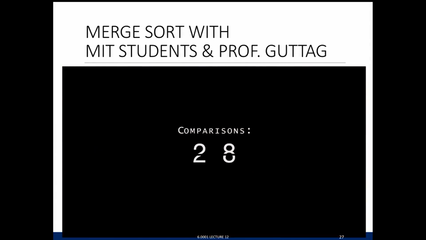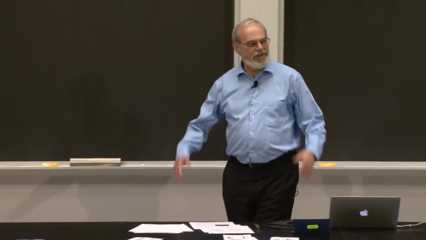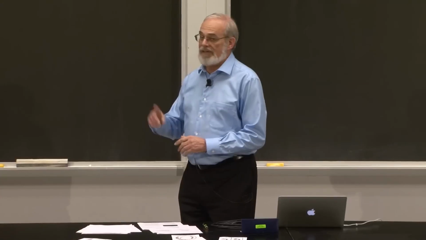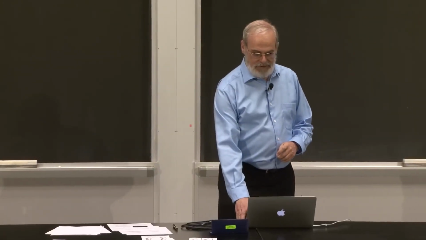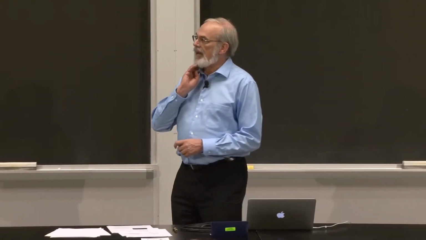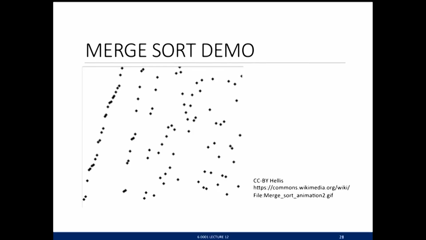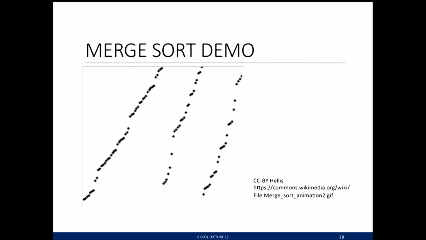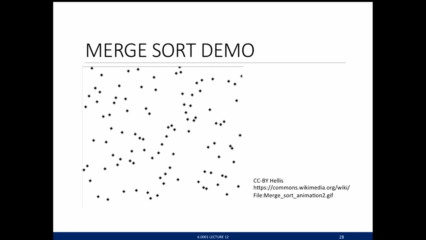Remember the first number, right? 55, 28. Now, this is just numbers, but you can see the expectation is this is going to take less time, and it certainly did there. So, again, just the demo another way visually. I'm splitting down until I get small things and then just merging them up. I may have to do multiple passes through here, but it's going to be hopefully faster than the other methods